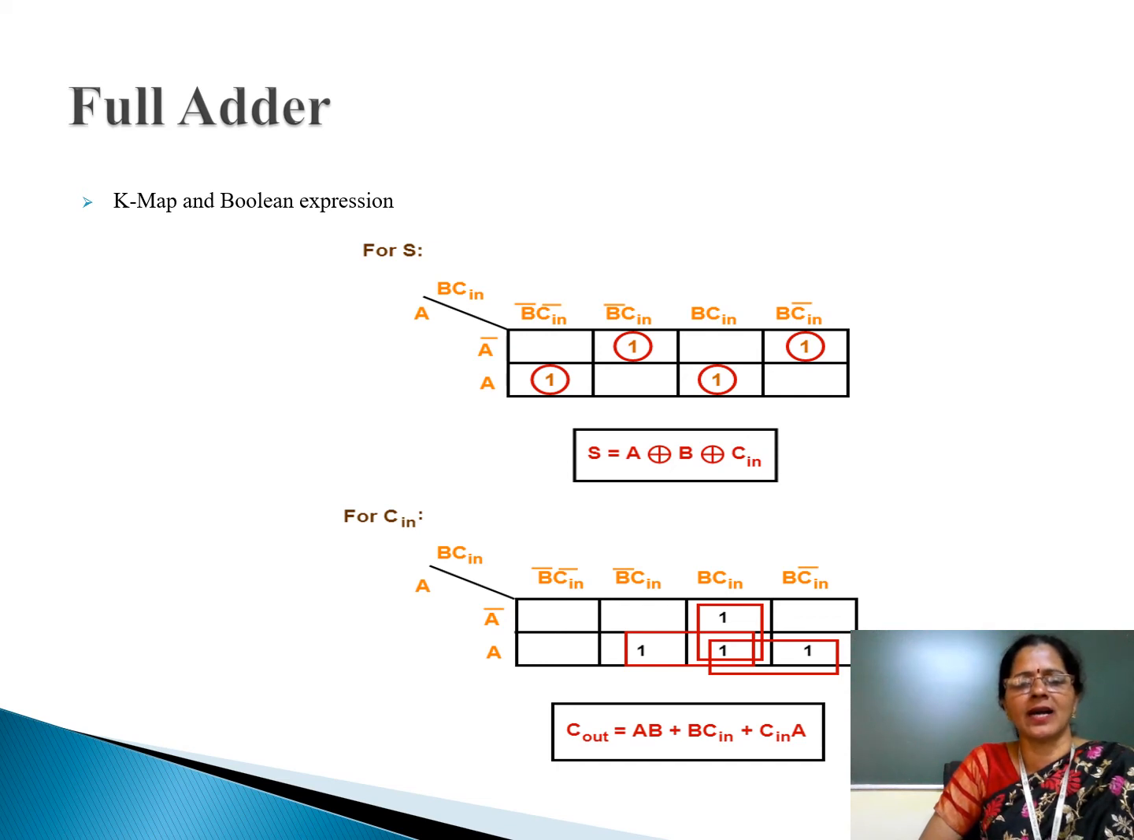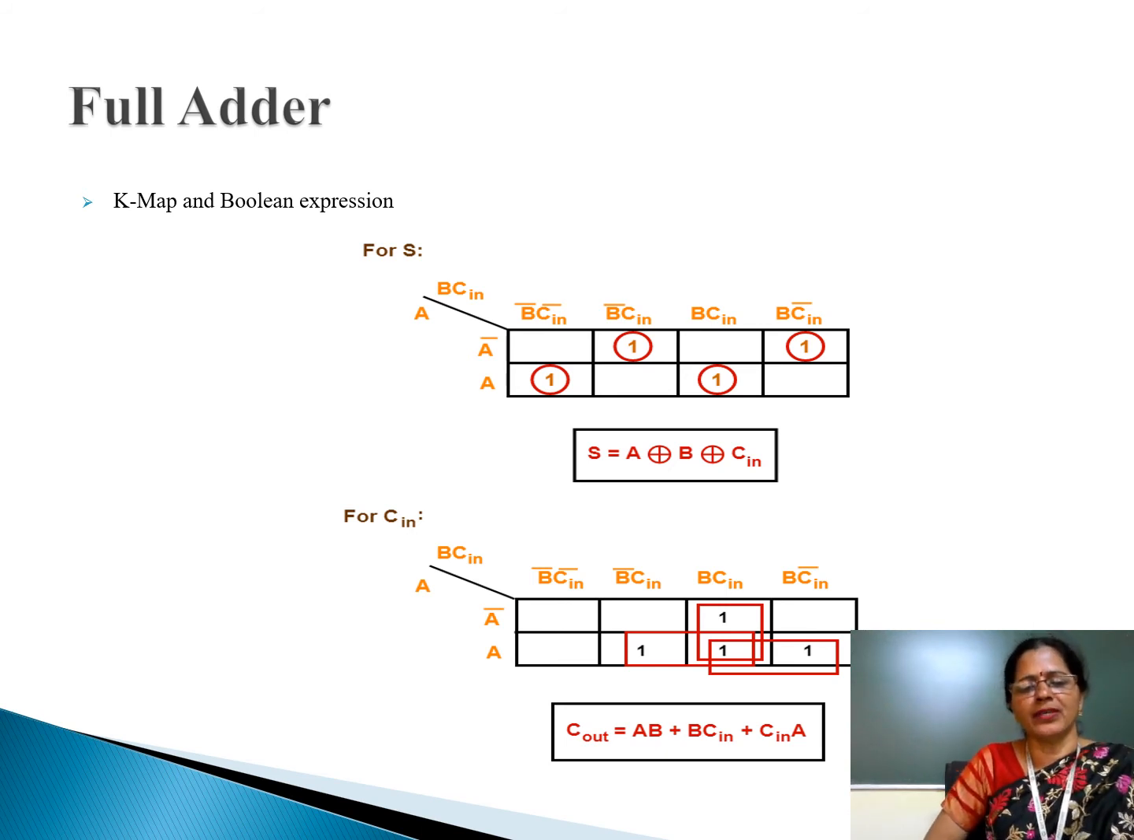combination and add the minterms. For example, the 4 minterms for which your output is 1, directly take the minterms and add those minterms. You get the SOP expression for the sum, and that SOP expression is equivalent to A XOR B XOR C in. Then next,